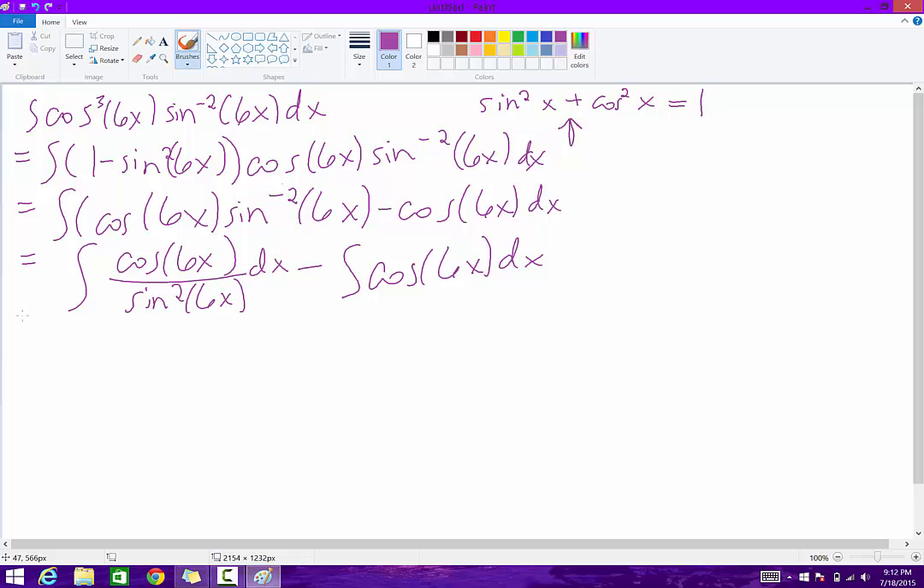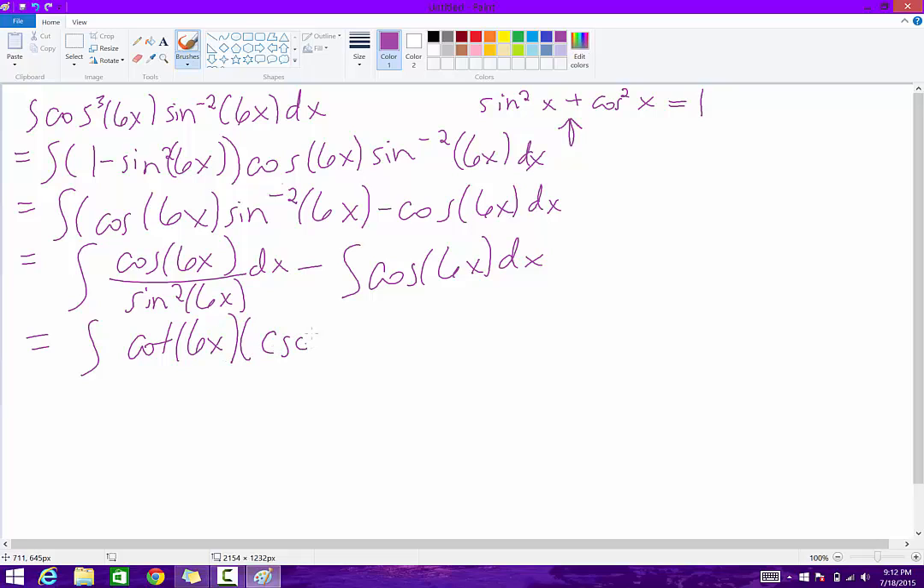Notice that the first integral can be rewritten by using ratio and reciprocal identities. We can replace cosine of 6x over sine of 6x with the appropriate ratio identity, and replace 1 over sine of 6x with the appropriate reciprocal identity. The integral of cosine of 6x over sine squared of 6x dx minus the integral of cosine 6x dx equals the integral of cotangent 6x